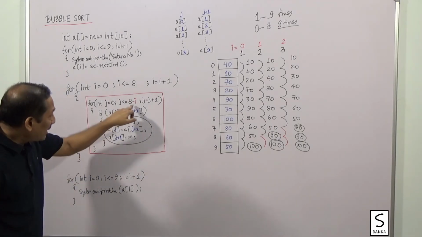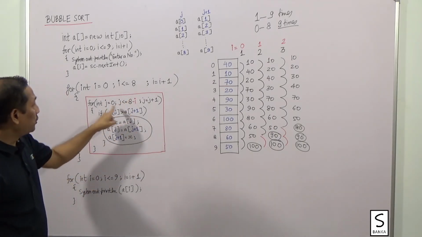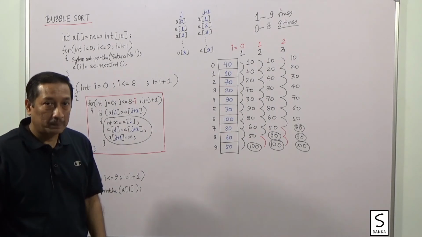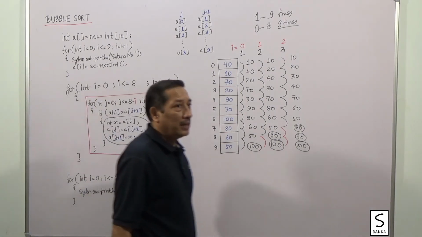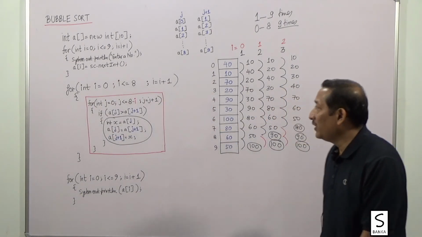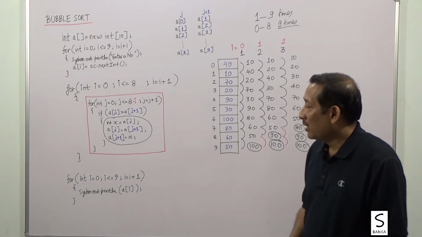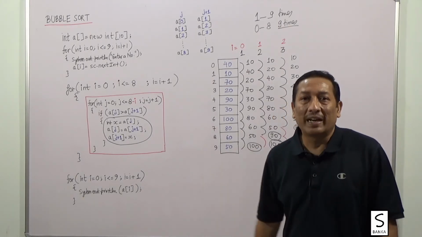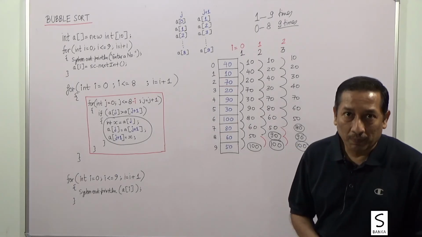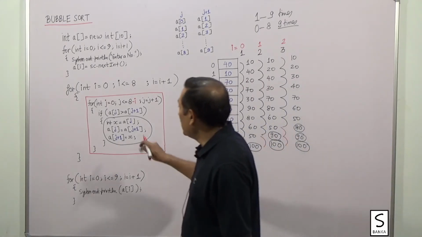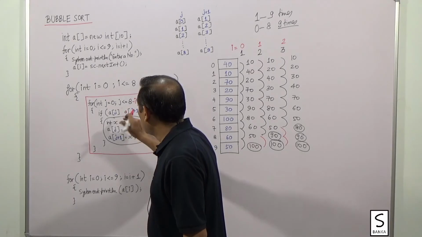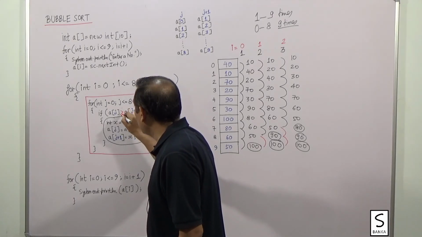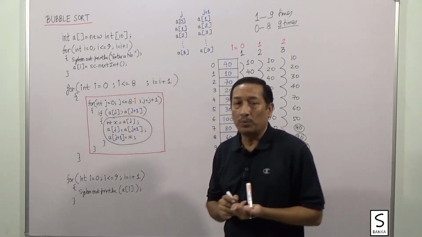But if you don't understand this, don't go for it. Simply write 0 to 8. That is much simpler. The other thing that we need to understand in this program is, right now the program is arranging the data in ascending order. What if I want to arrange in descending order? So you see the sign here, greater than, that is the only sign that needs to be changed.